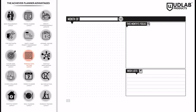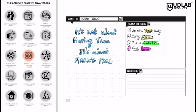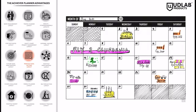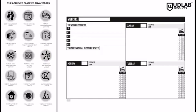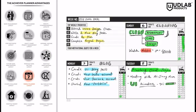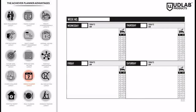Monthly goal setting. Visualize your monthly goal and to-do lists and task plan your valuable time for the entire month. Monthly task mind mapping. Visualize your monthly task, to-do lists, and plan your time for the entire month. Weekly planner. Weekly overviews allow you to track your weekly schedule, and you can keep your daily activities more focused